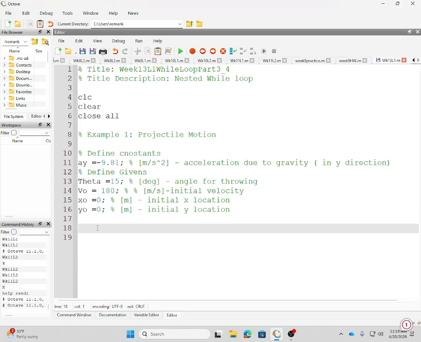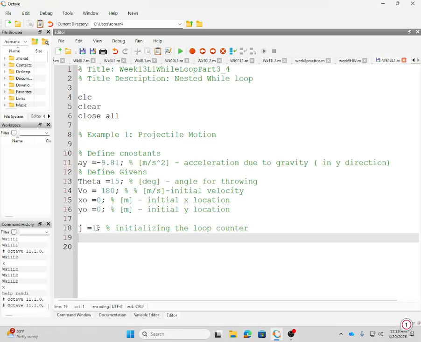Or let's just start. So j equal 1, which is the loop counter. Let me put this thing. So I'm initializing the loop counter, okay, and then